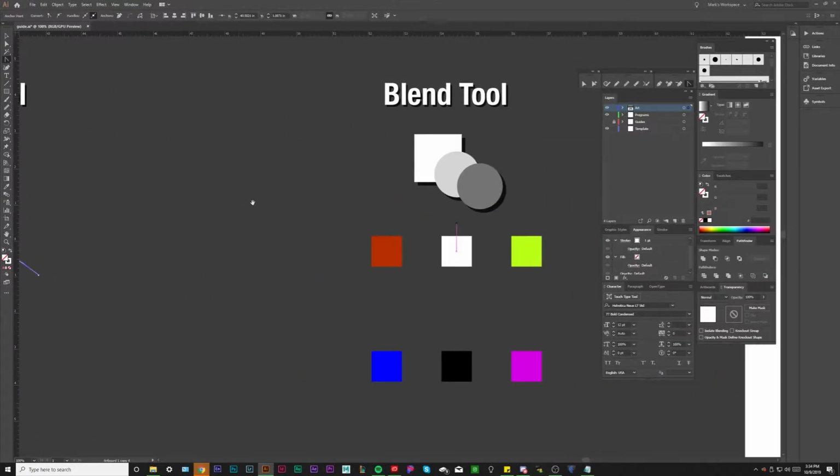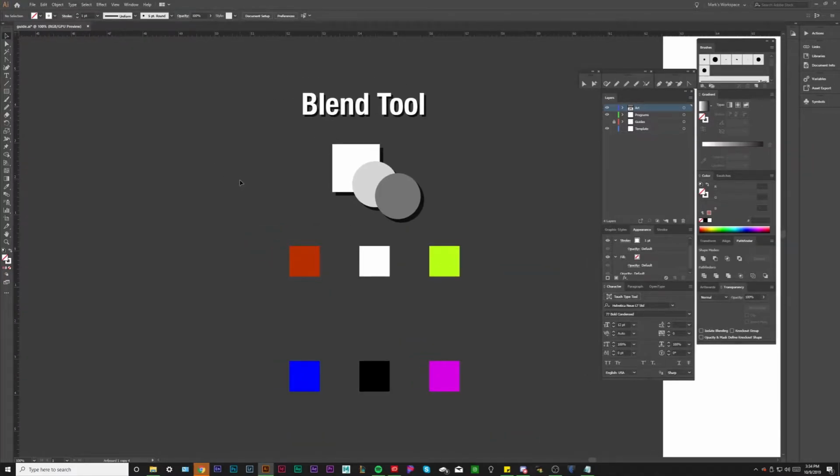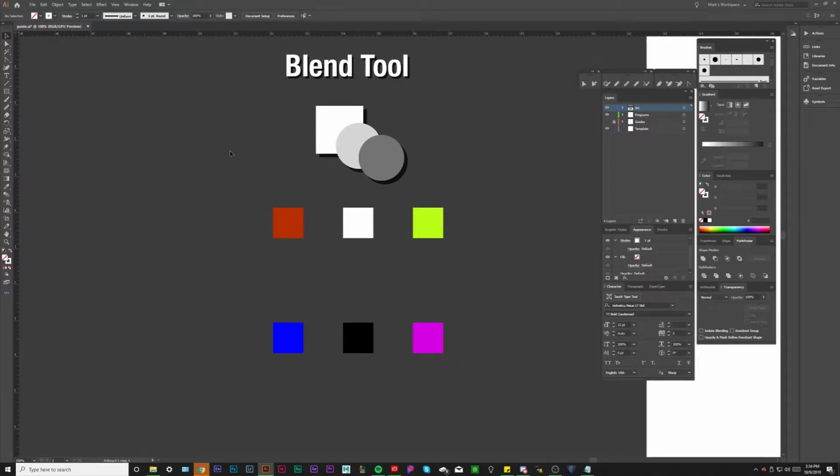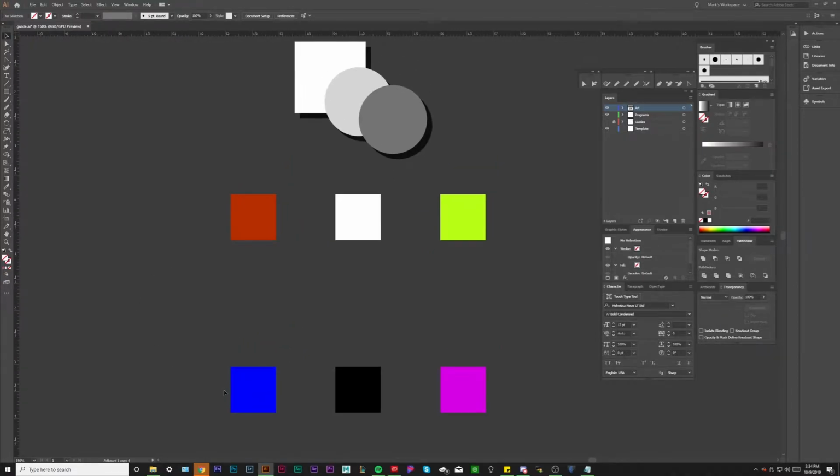So moving on, one last tool I like to go over is the Mighty Blend tool. Now, some people are like, oh wow, the blend tool. You can do some pretty creative stuff with the blend tool, and I actually particularly use it for color palettes, and that's why I have this demo set up here. So what I could do is I could take the blend tool, which is down here, and I can basically click this and then click a new shape, and it will blend blue to red, like make a gradient,